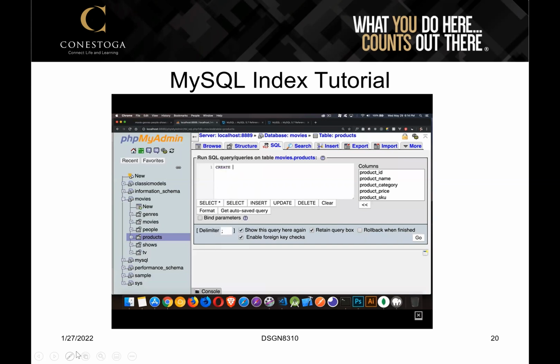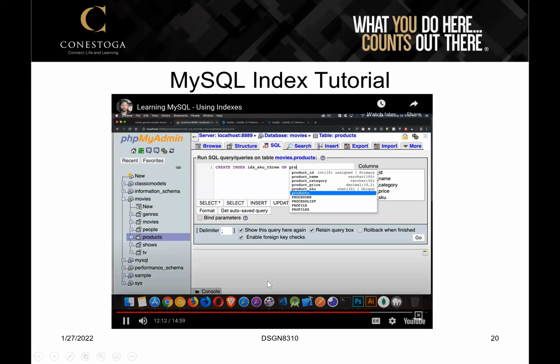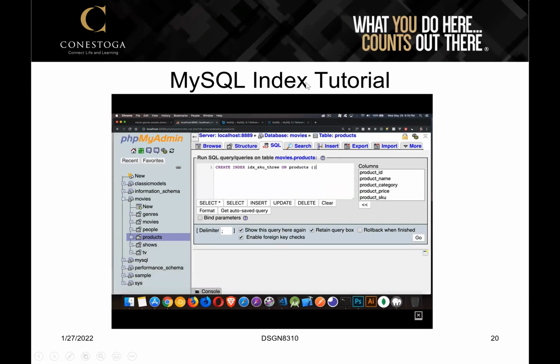So one last one that I want to show you. So creating an index where we want to search on part of a field. The product SKU is a great example of where we could do this. So I'm going to create an index called IDX SKU 3 on the table products. And then on the column product SKU,